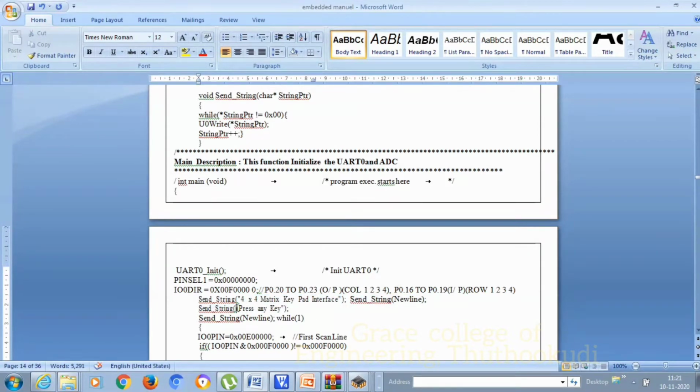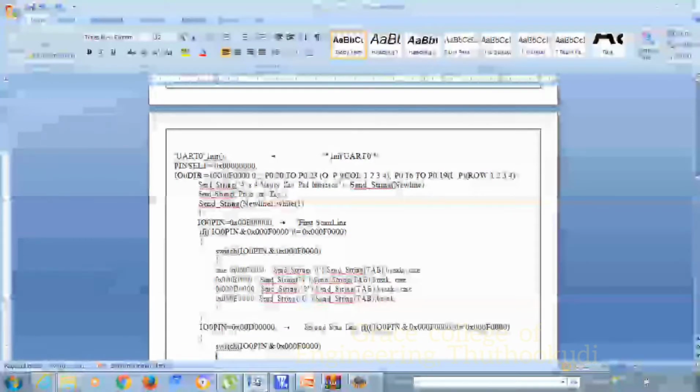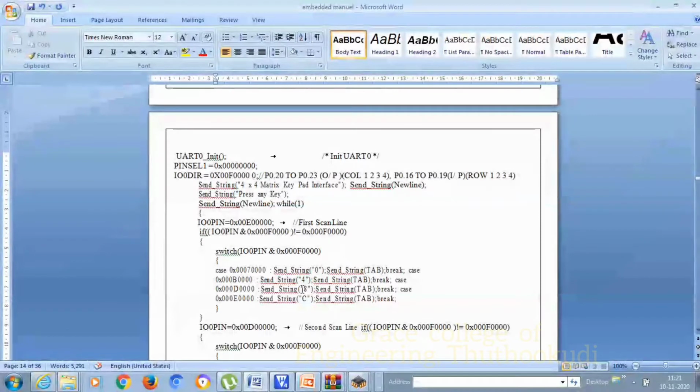It will ask you to press any key, then if you press any key, it will transmit the corresponding key. For that, it will scan one by one. It scans one column at a time, and sees whether any row is going high. If it is high, then the corresponding key is read. This is the first column. You can see that if any key is pressed, then it will transmit.